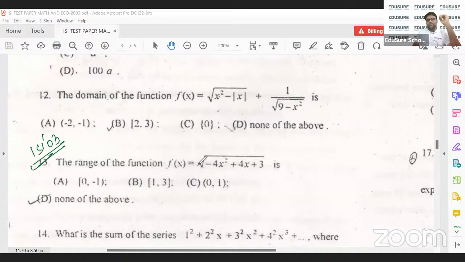ऑब्जर्वेशन. हाउ डू यू डू इट? Under root, it cannot be a negative number, it can only be positive. The range has to go from a positive number. Okay, and try to graph this. Minus 4x square plus 4x plus 3. Try to find out the maxima or the minima here. You'll notice that this will be